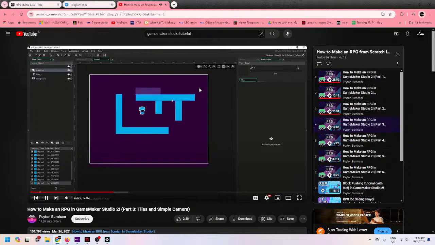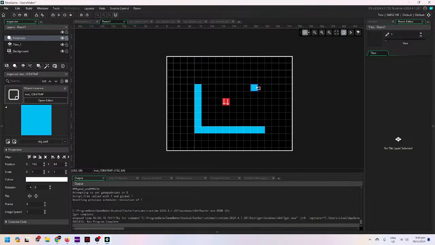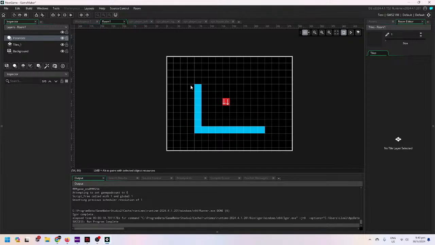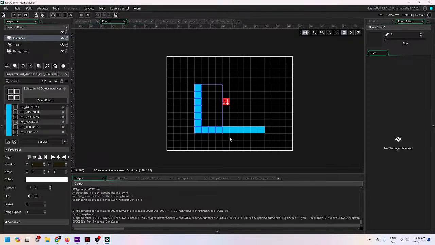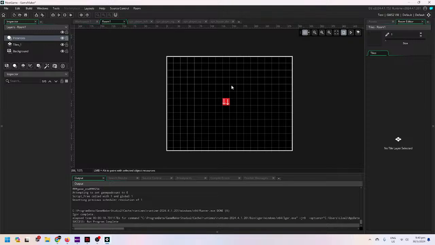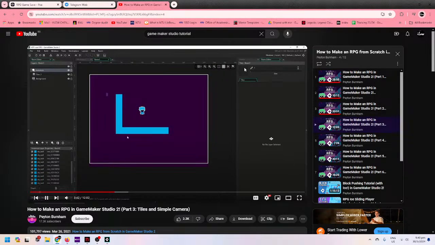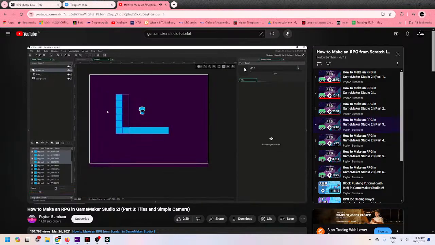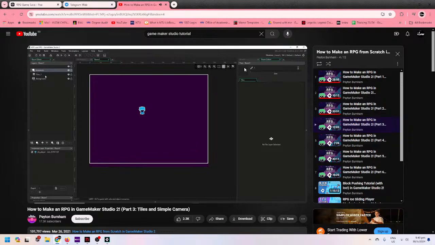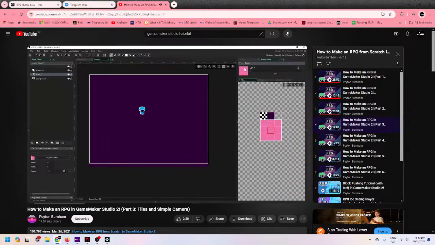And we can just go ahead and get rid of these walls. So I'm just holding shift and dragging to select multiple things at once, and then just the delete key. So back to our tile layer. I can now add tiles where I want. I can draw them in. So let's make this